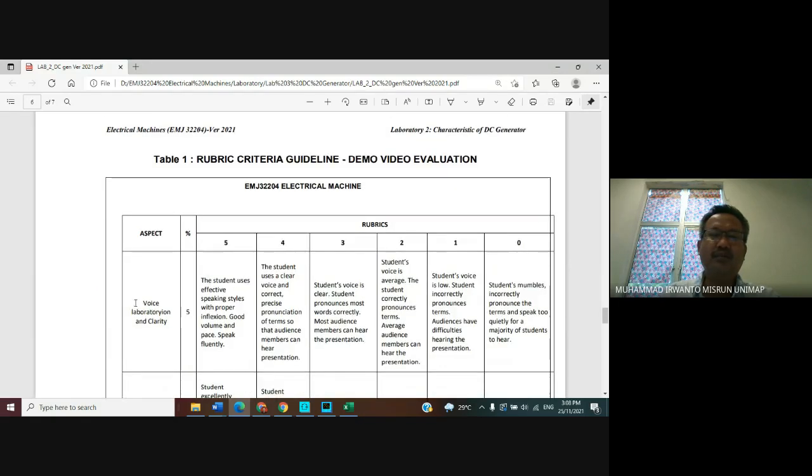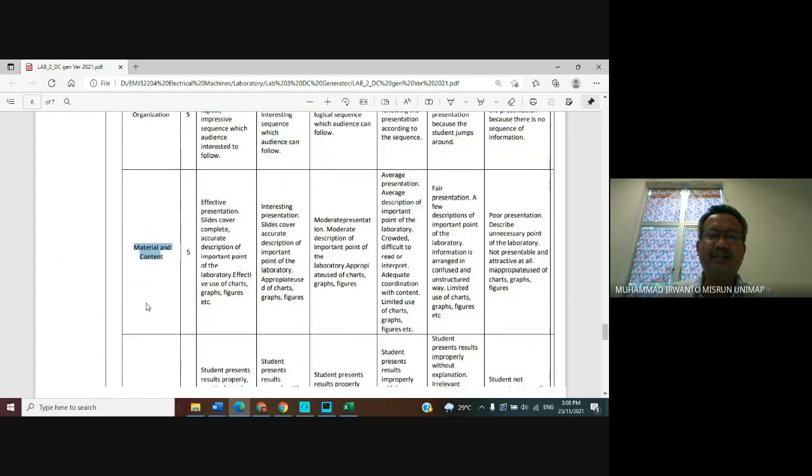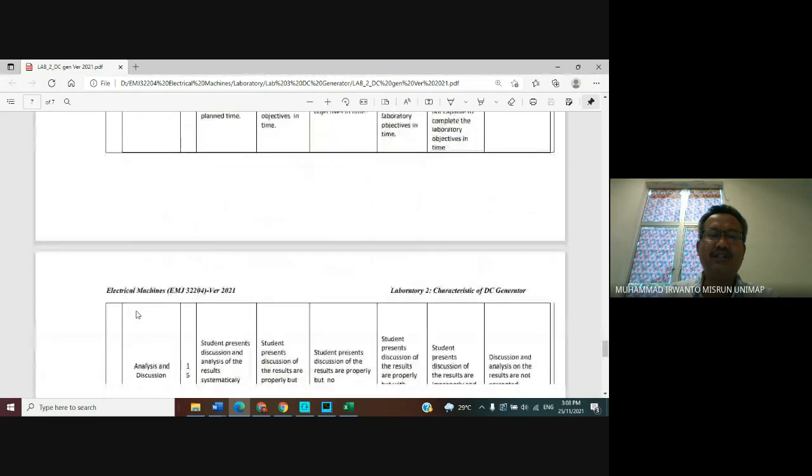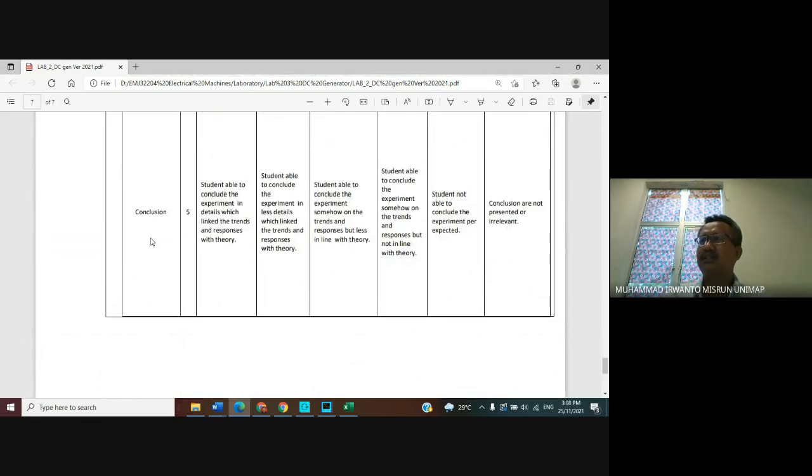It contains voice, laboratory and clarity, organization, material and content, results and simulation, analysis and discussion, and conclusion. The content of the video includes everything mentioned in this rubric. In your group, one video, one group, 3 persons. So all 3 persons should talk in the video.